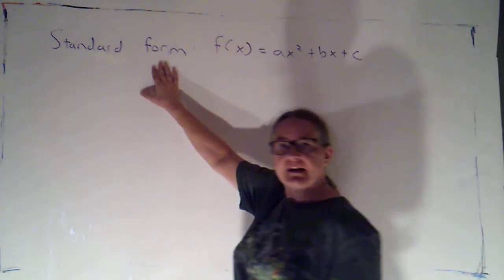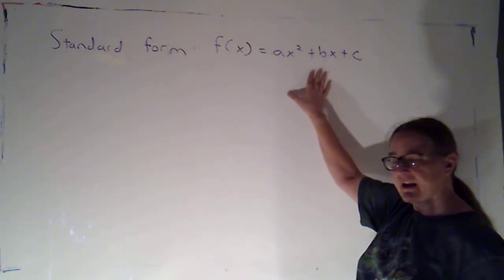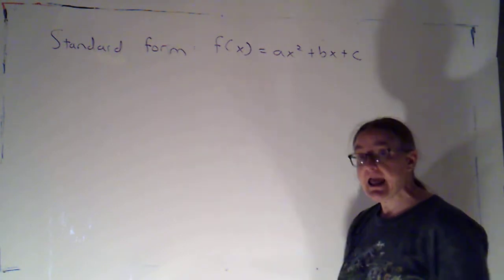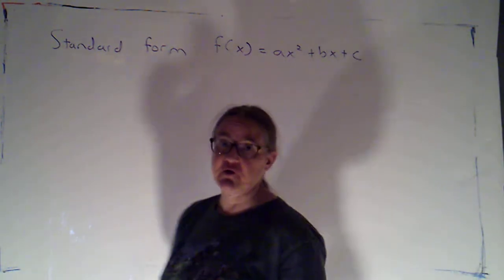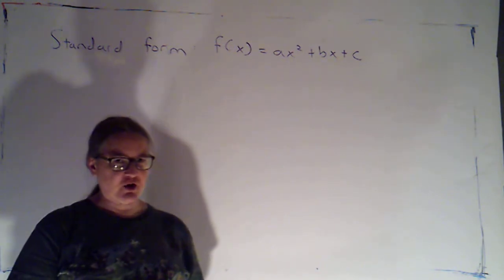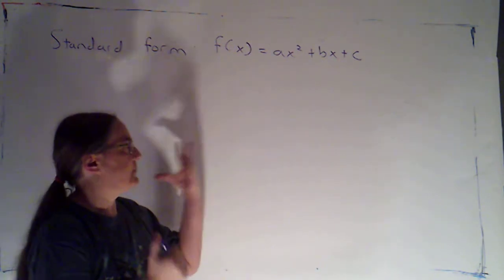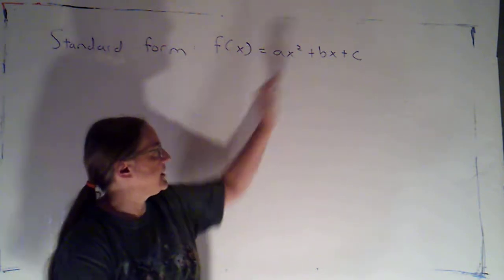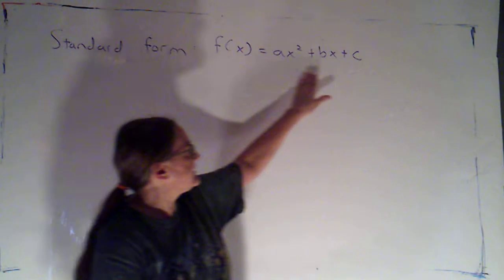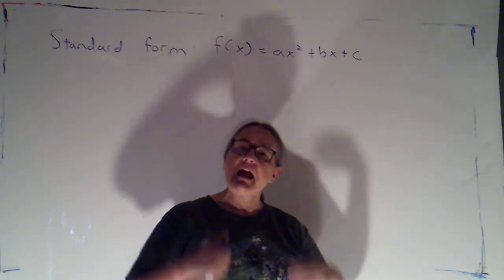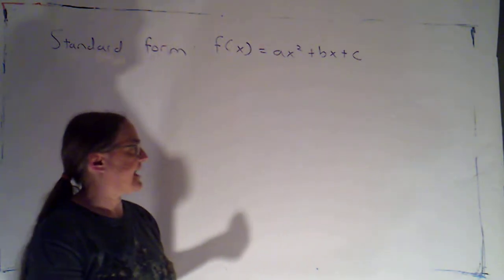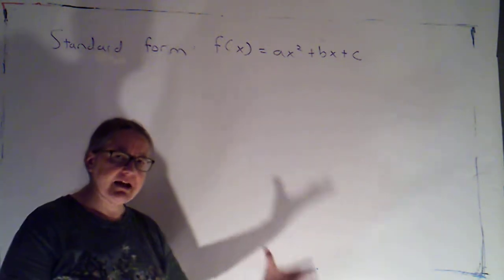So far, we've been completing the square to convert from standard form to vertex form so that we could graph. And the primary reason we needed to do that was to be able to find the vertex. We can find the intercepts, which we get the y value of the y-intercept by just plugging in 0 for x. We get the x values of the x-intercepts by setting this equal to 0 and solving, and we've got other techniques for that. But if I want to find the vertex, it seems like I have to complete the